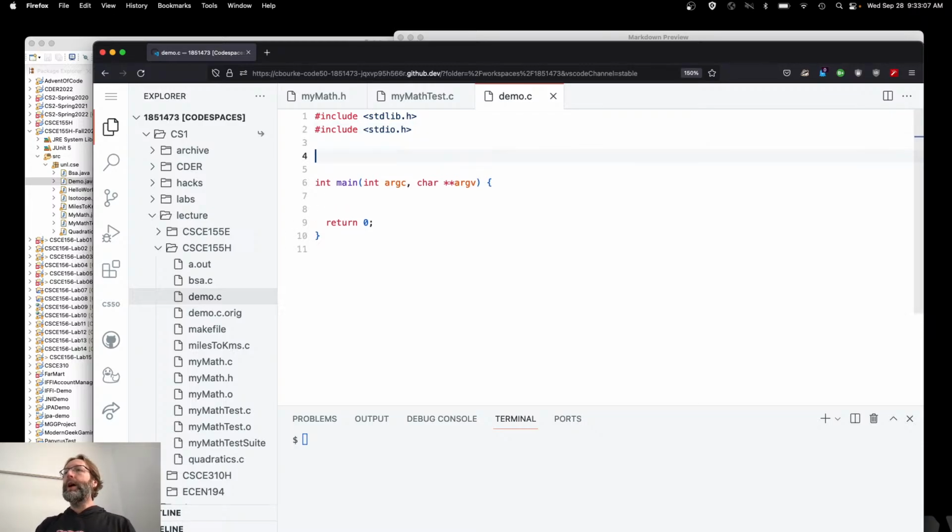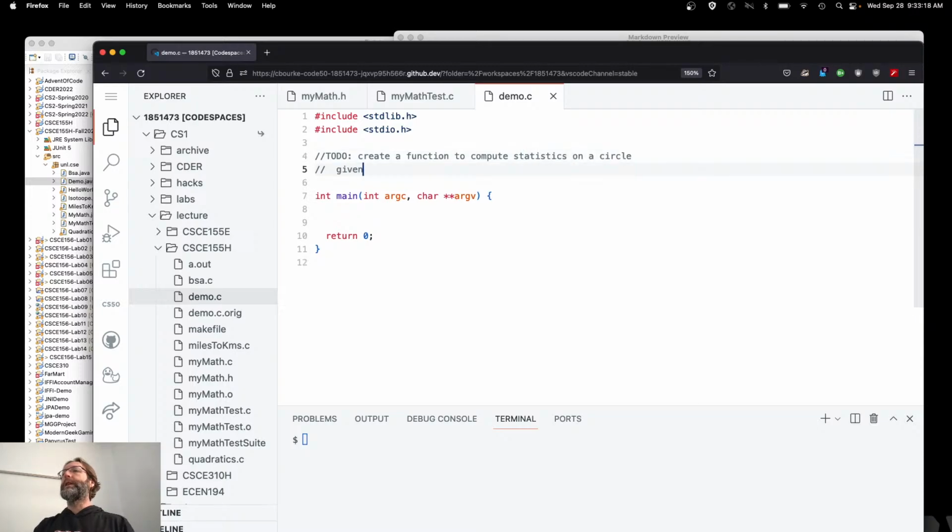Anyway, let's go ahead and create a function to compute statistics on a circle. Right? So for example, given the radius, I want to compute the area and the circumference. I want to compute 2 things about this circle. Now, as you saw in your lab yesterday, if you want to compute multiple things, you need another function. You need another function, right? If you want to compute